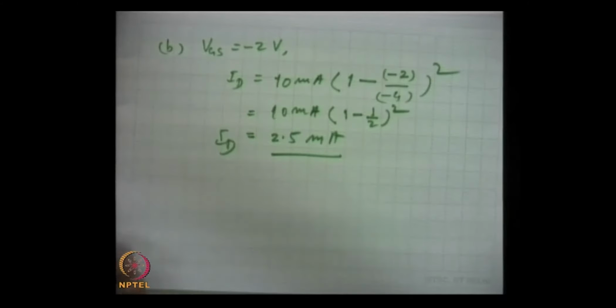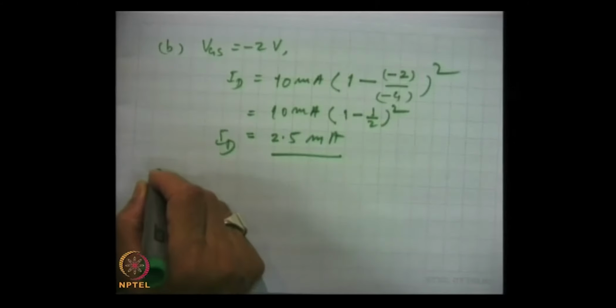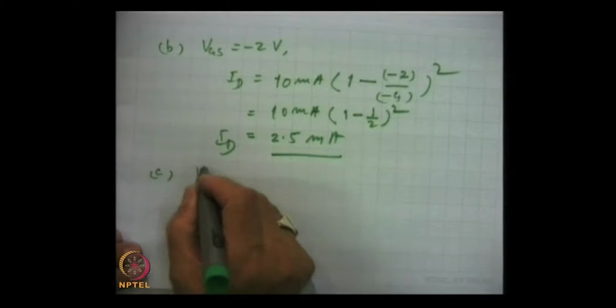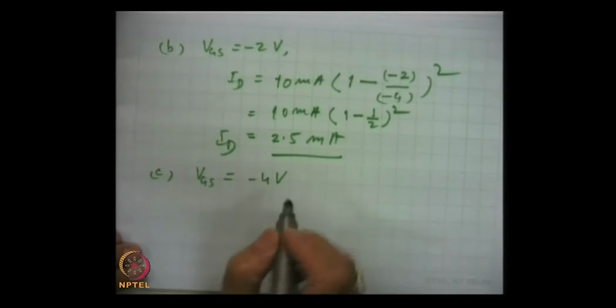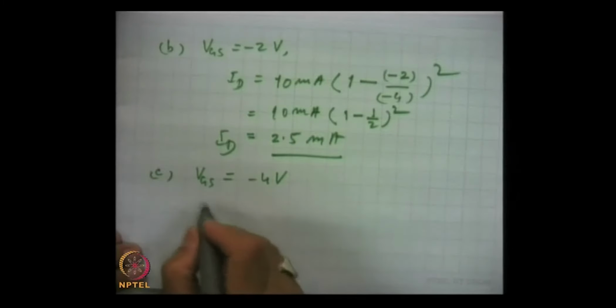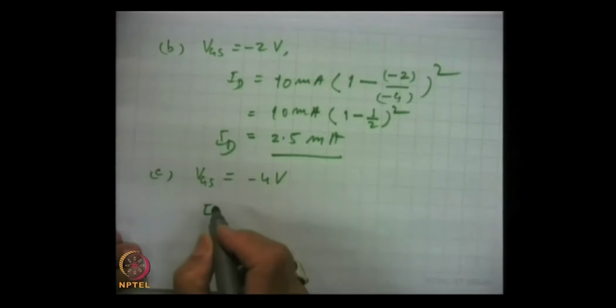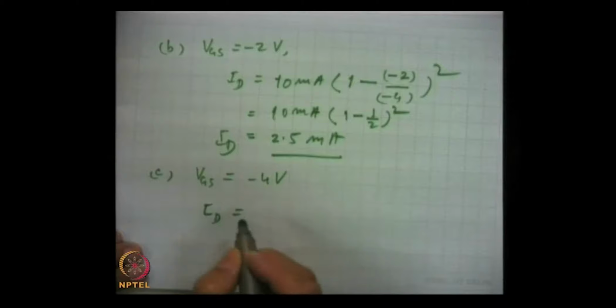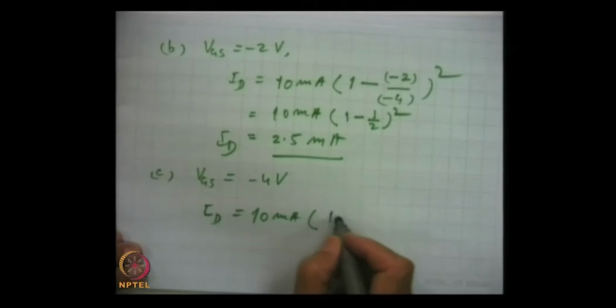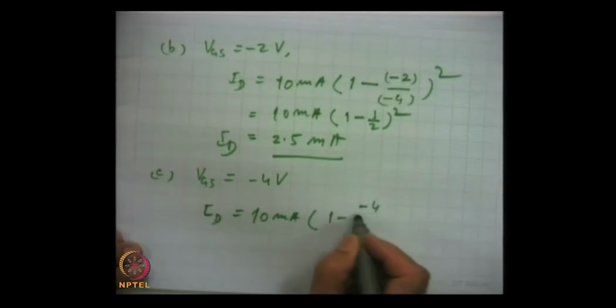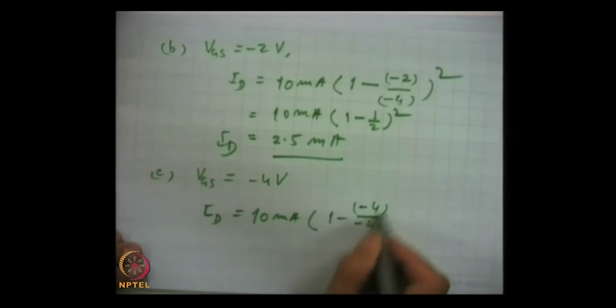And case 3, when VGS is equal to minus 4 volts, in the same expression IDSS is 10 milliamperes, here 1 minus